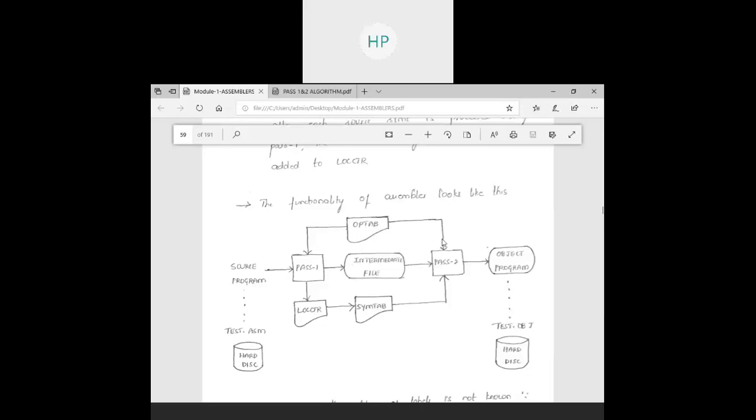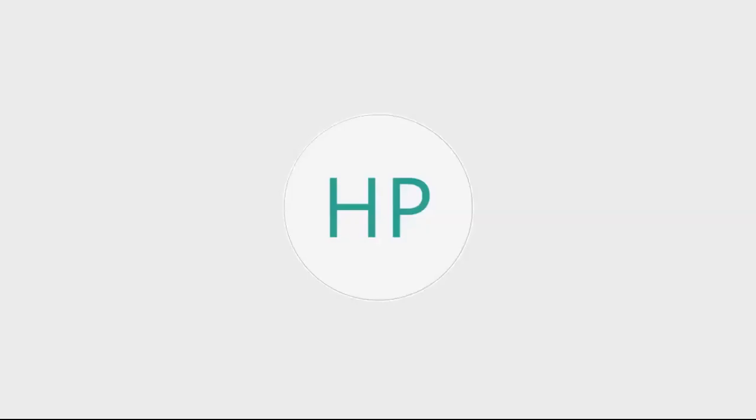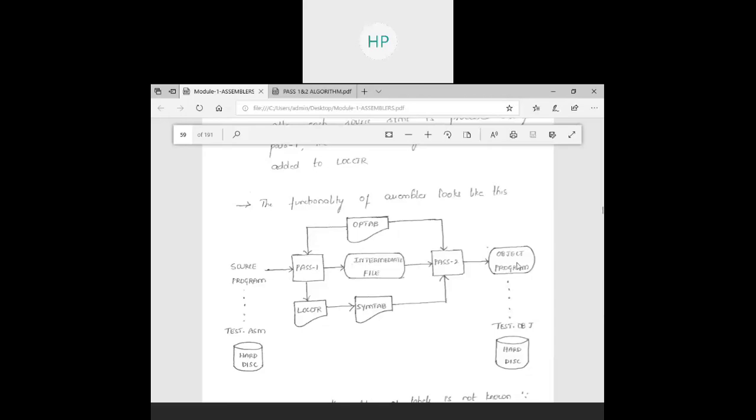If I say add 2 comma 3, I have to validate add, which is already done by pass1. I have to validate 2 and 3. Suppose this is a variable, add a comma b, so a and b have to be already declared and defined. All those things have to be done. So it will do that and create an object program. So this is ready to load onto the memory. The output of the assembler is the object program.